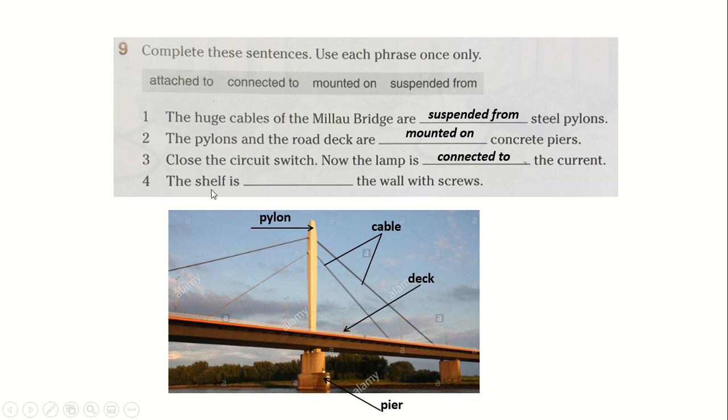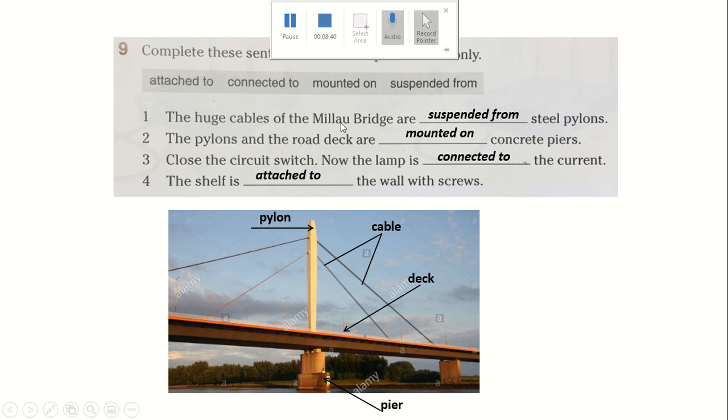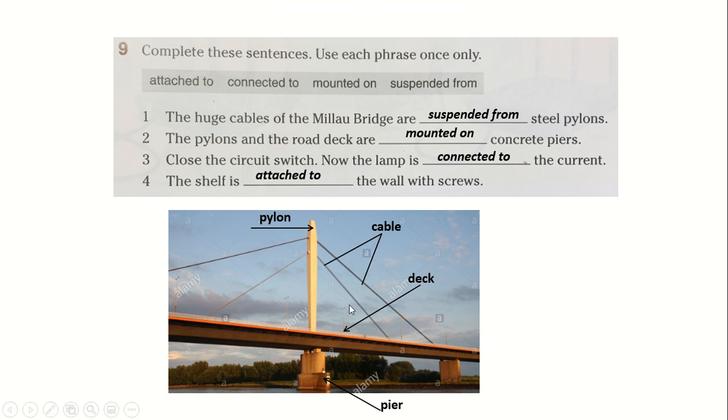Finally, the shelf is the wall with screws. Of course, the answer is attached to. Okay, attached to. Why here we used attached? We need to think that there are screws, something that helped us to attach something to another. Okay,